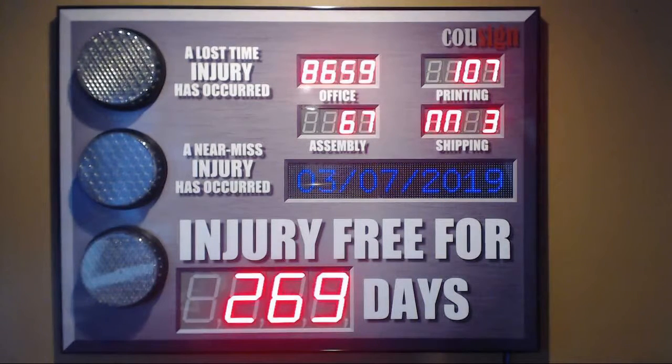And the first setting is the current month. It is March, so I'm going to go ahead and leave it as March. I can adjust here using up and down to set the month that I need. I'm going to press reset, and now I'm setting the current day. It is March 7th, so I'm going to hit reset again,